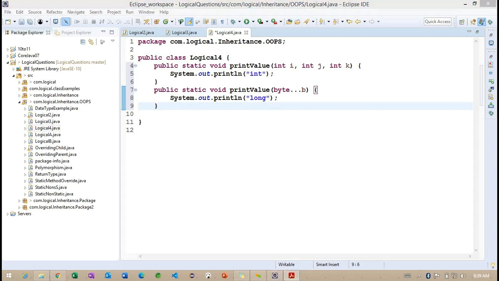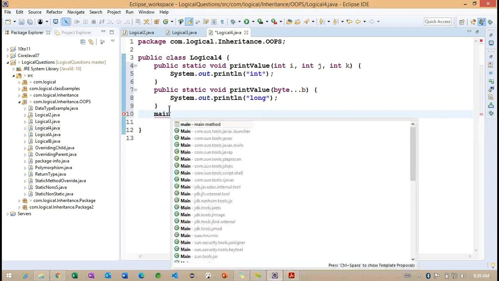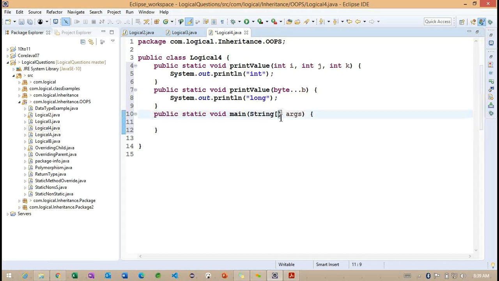So whenever I'm trying to call here, what happens internally? Here I don't want to use this particular one. I want to check with this particular int here.